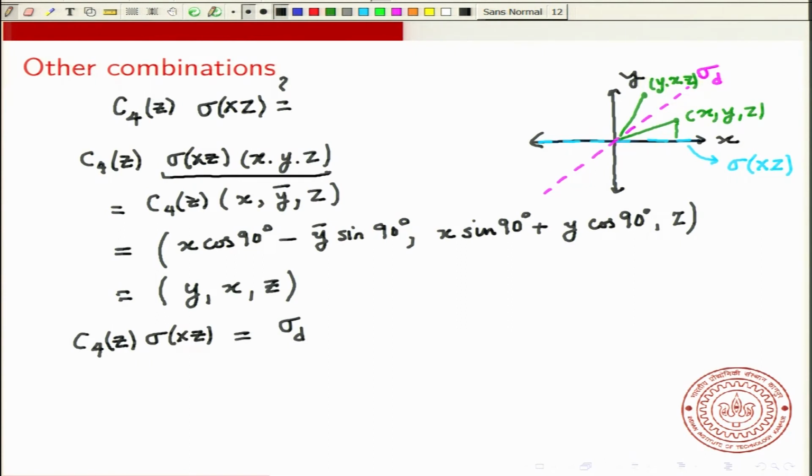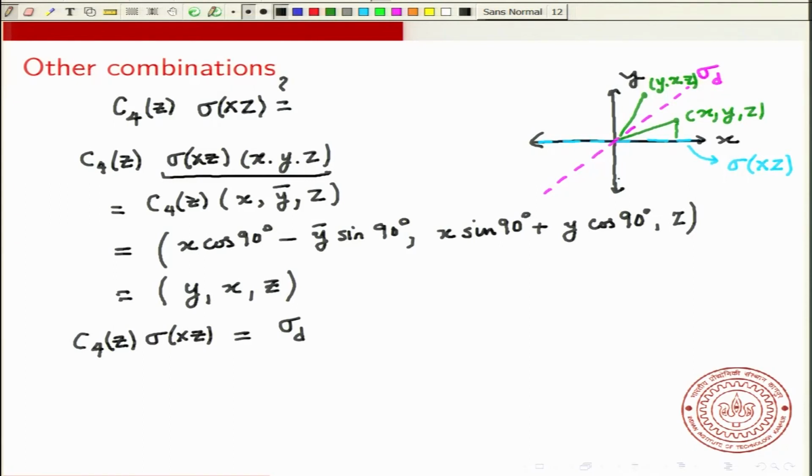It is a diagonal mirror, and it is perpendicular to the z plane. We do not need to bother about that. What we are seeing is that a rotation followed by a reflection gives you this reflection. What is to be kept in mind is that the axis of rotation that we have considered is the z axis, and this lies in the mirror plane. Now, if you imagine doing C4z on sigma d,